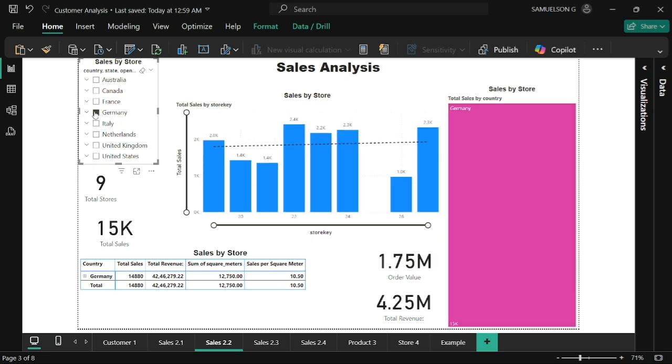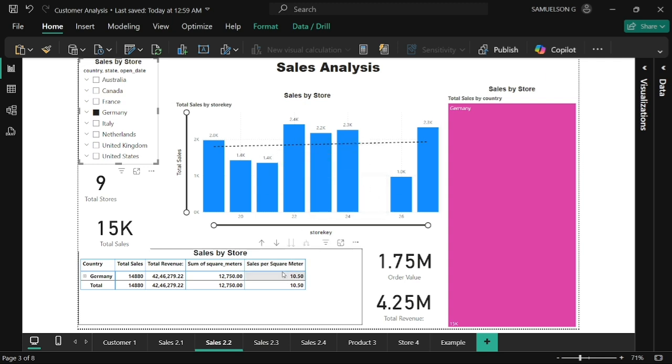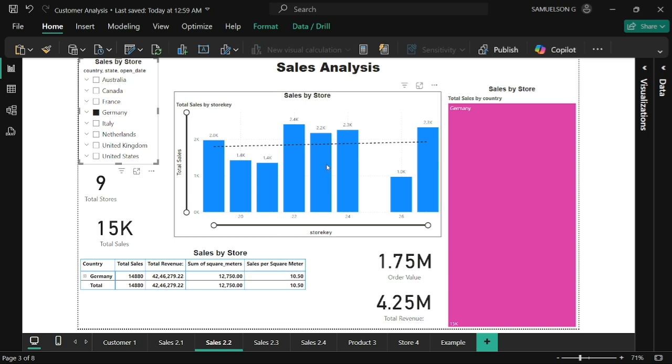Germany, you can see the total revenue, and this is the sum of square meters, means country wise and store wise how spacious the store is, and sales per square meter means whether that space is worth it or not for the sale. Okay, we are done with this. Next,